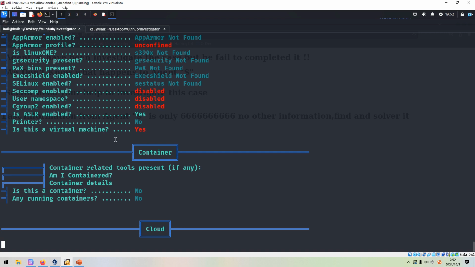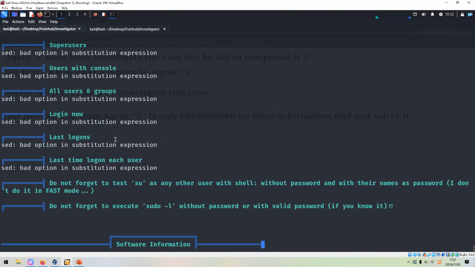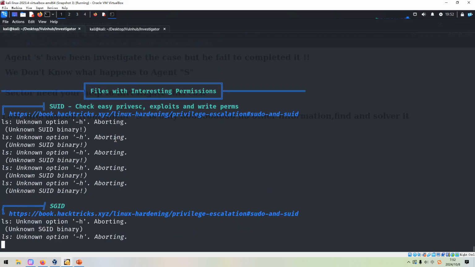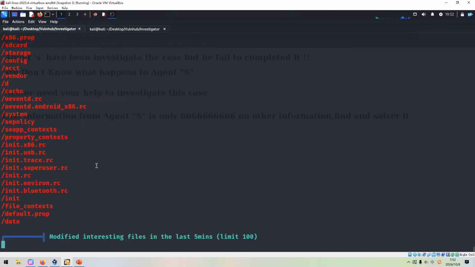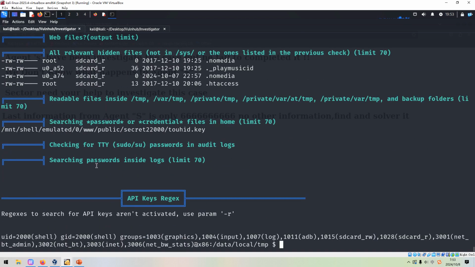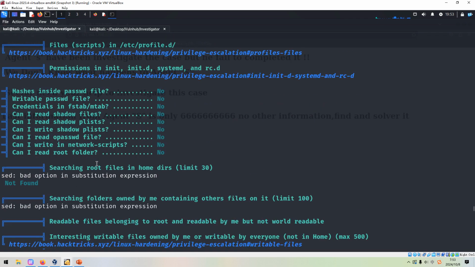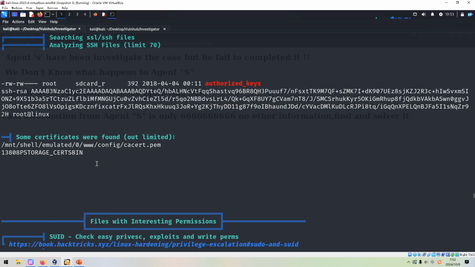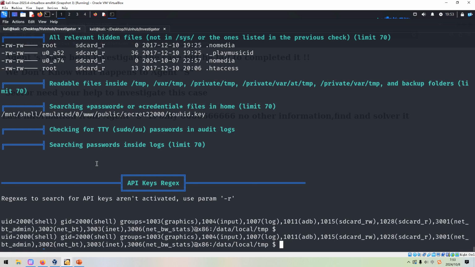After all, Android is a special Linux, developed on the basis of Linux. Or maybe I can say this is a special branch of Linux. Got many errors, unknown. All right, it's done. Now we can scroll up to see whether we can find something interesting or useful, but we can't.